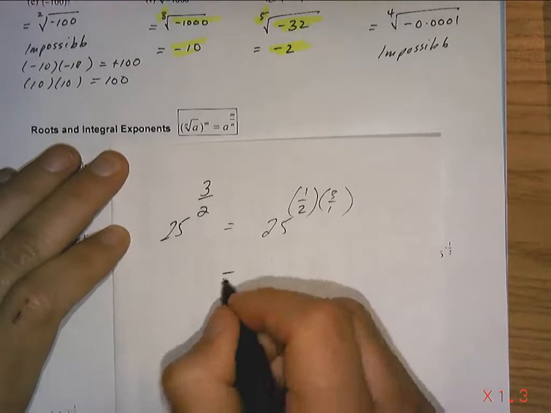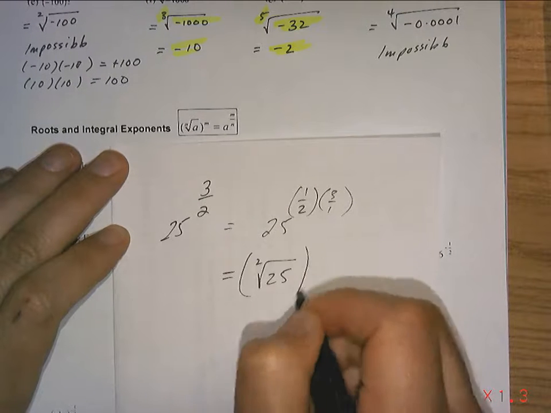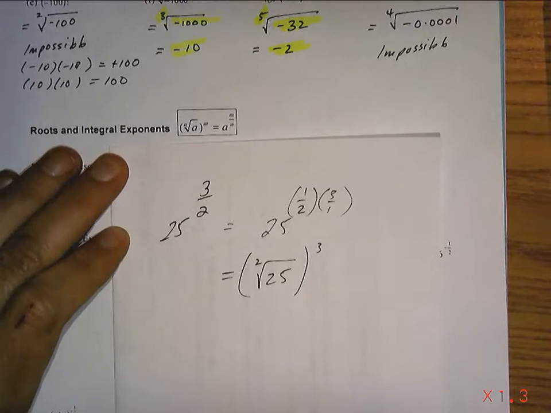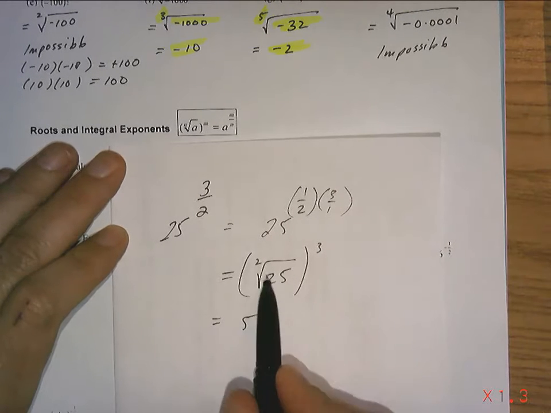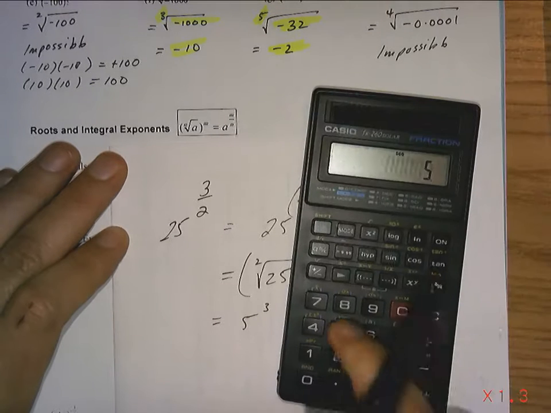And this can be changed into the square root of 25, all to the 3. And that's what we're working with here. So that's how we're going to change things up. This can be worked out to be 5 to the 3, because the square root of 25 is 5. And then 5 to the 3 is 5 times 5 times 5, which is